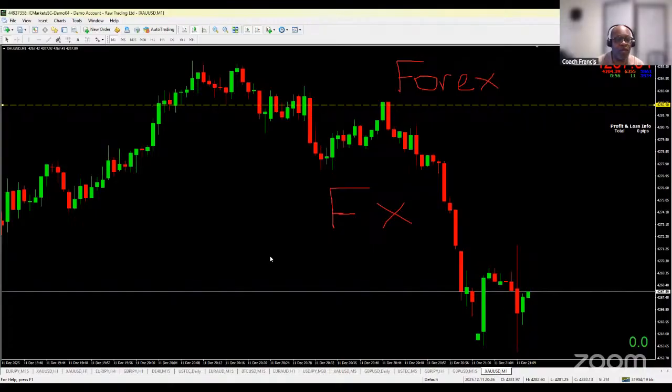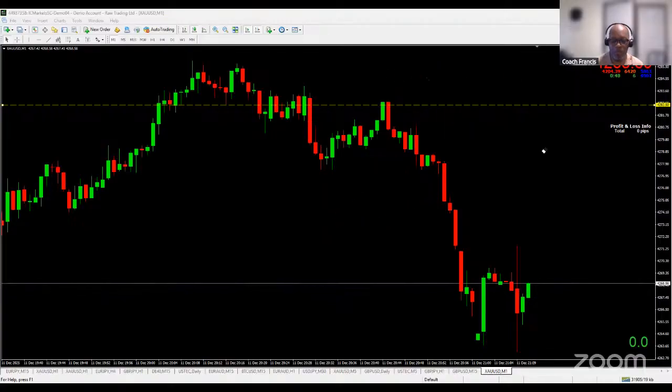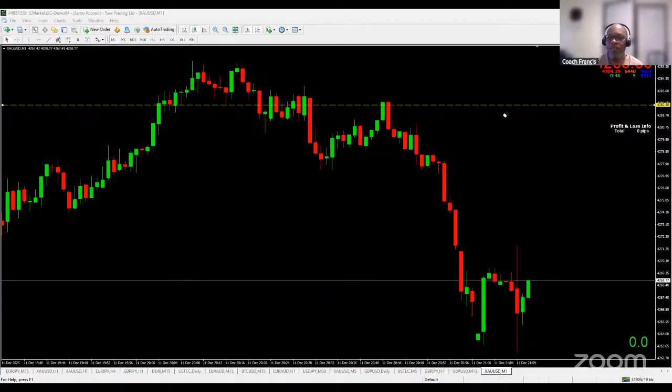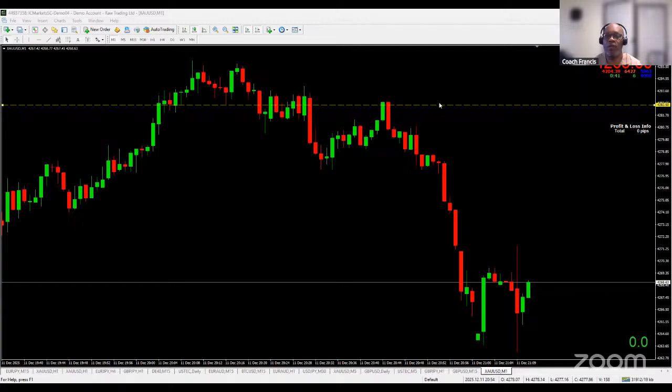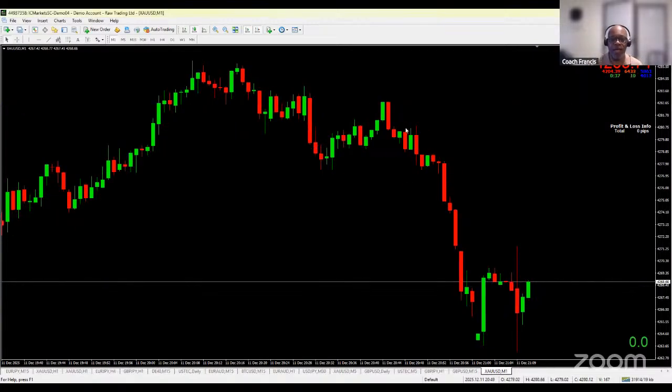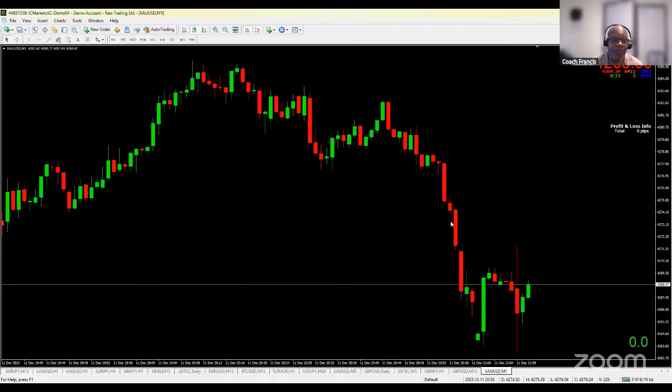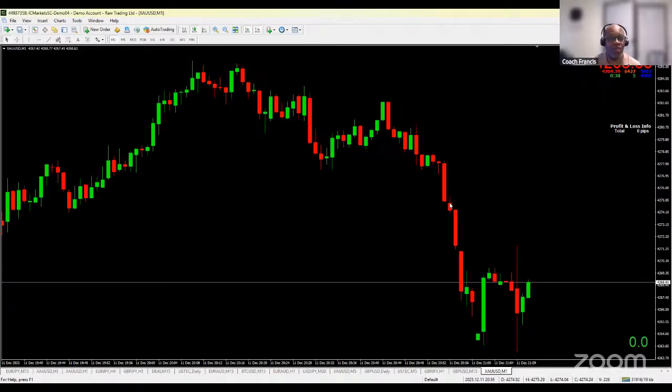Okay. So what you have on your chart here, what you have on your screen now, is basically what we call candlesticks. Even as you can see, the candlesticks are red and green on the chart. I have chosen red and green. Those are the colors that are popularly chosen by Forex traders. You can see, we call them candlesticks.